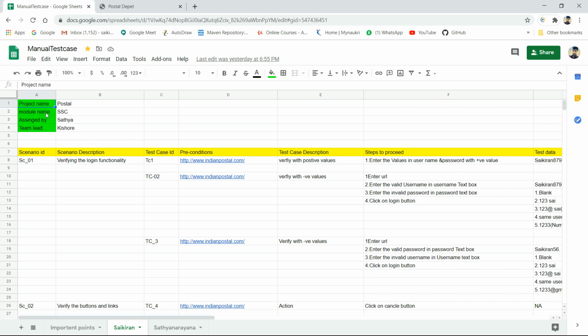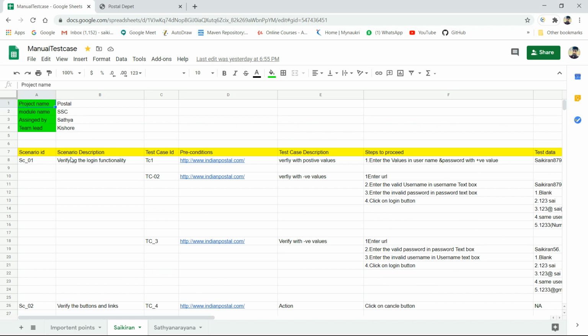Here the project name is postal, the module name is SSC, assigned by Satya and team lead Kishore. Like this, I have entered some names. We need to make sure you give the test scenario ID. Here I have given test scenario 01.